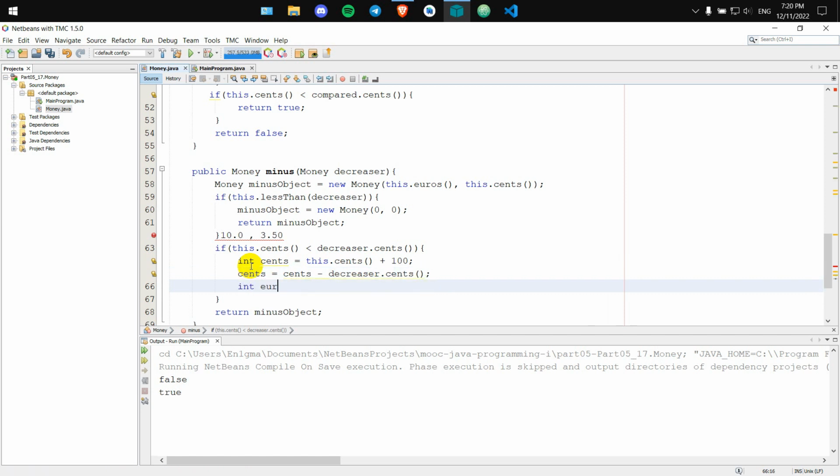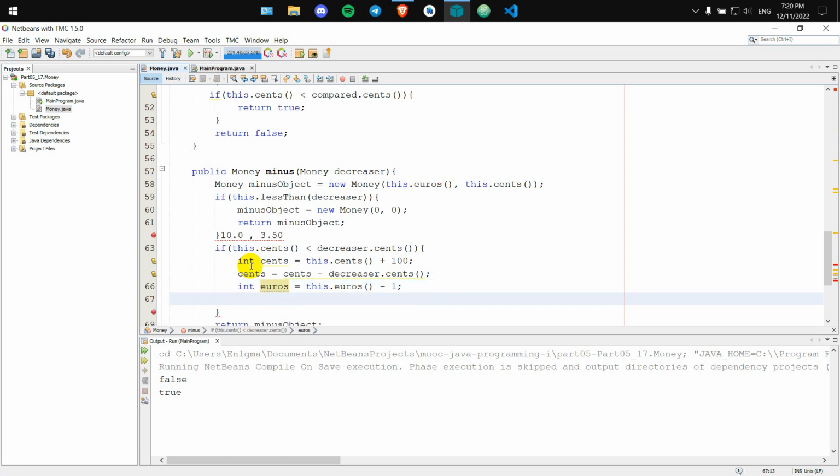Similarly int euros is equal to this dot euros minus 1 now,